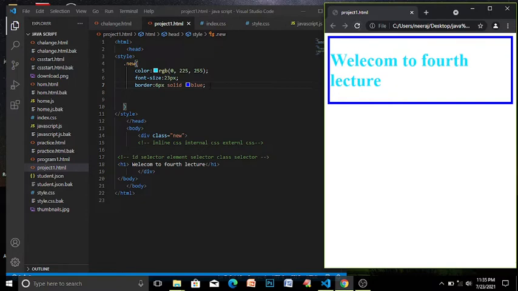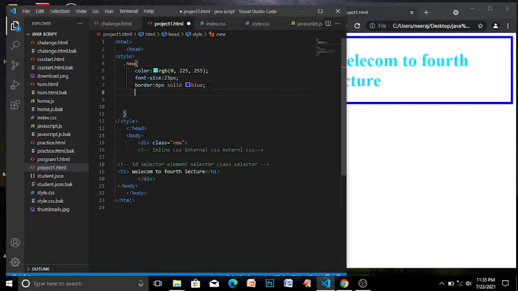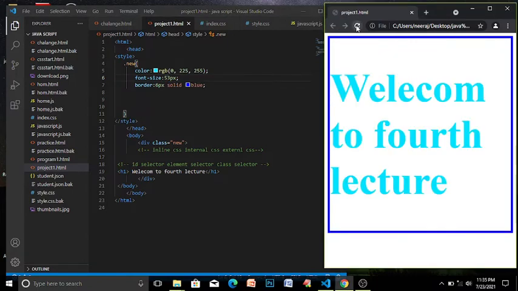If we apply other properties or change the font size to 53, the property also changes, the font size of the text changed. So this is called your class selector. By the class you can access everything inside the class.